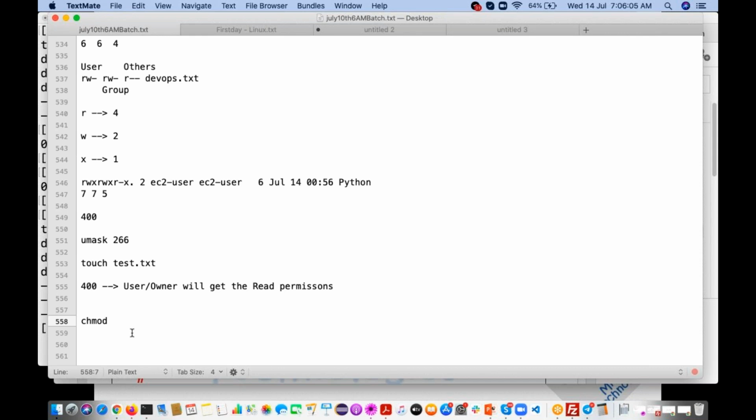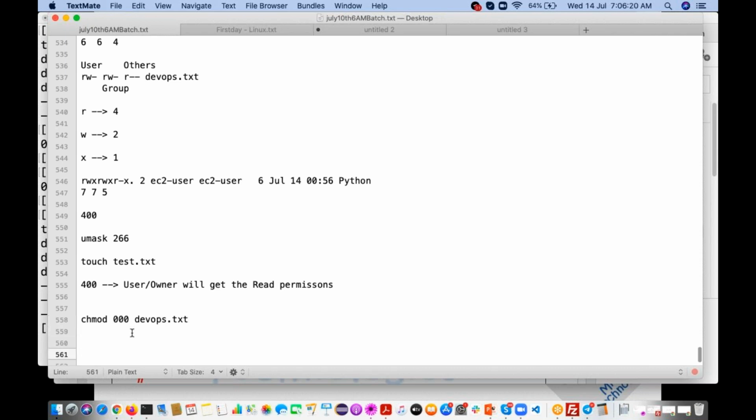With chmod you give the permissions. I want to remove all the permissions, so 000, and then specify the file name or directory name, devops.txt. So once you execute this, what will happen? Srini is saying, wish we could change mode by command.